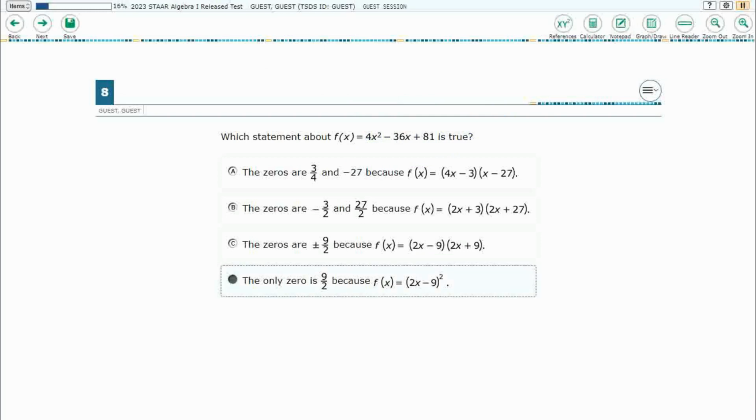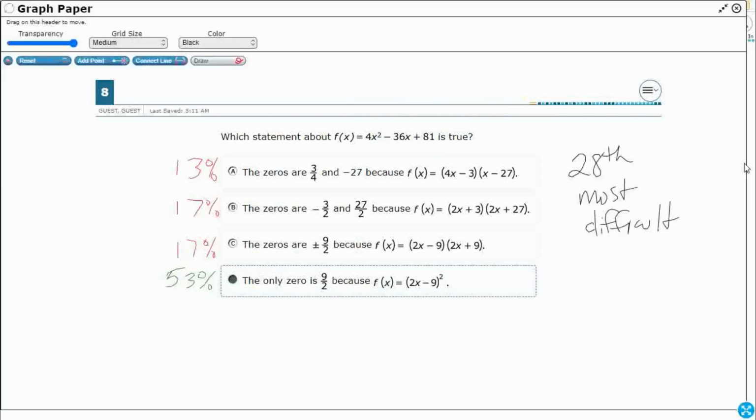Let's see how we did across the state of Texas. This is the 28th most difficult problem in the test. Only 53% of the students, slightly above half, got right. And take a look at the distribution of our incorrect answers here. 13%, 17%, 17%. So most likely this is just guessing, because it's a pretty even distribution, which means students need to work